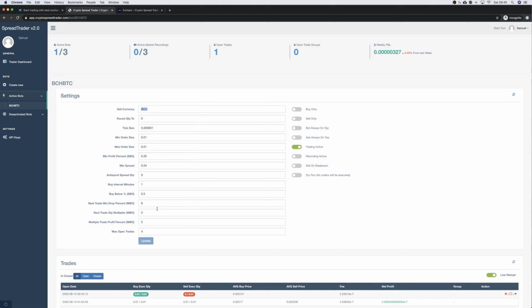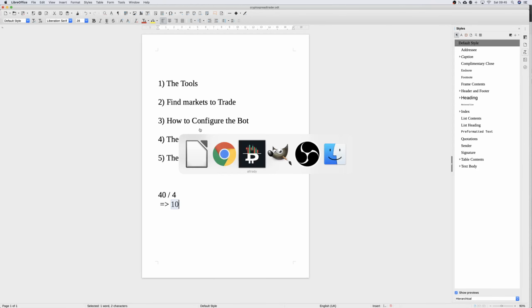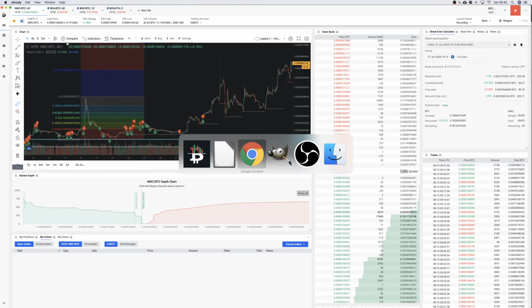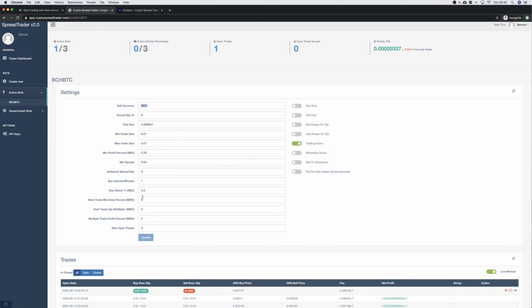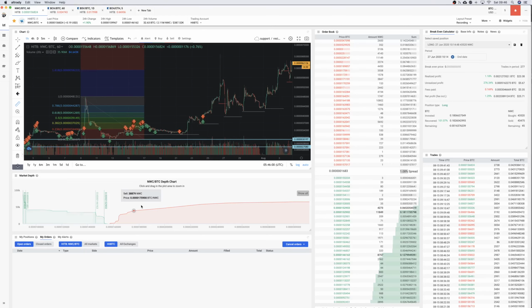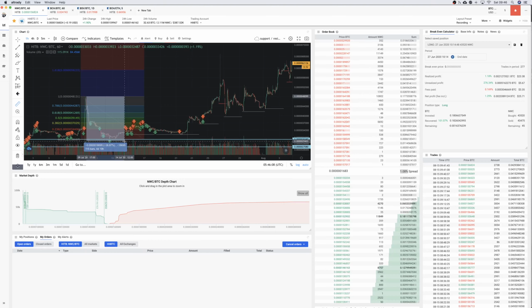It's Bitcoin Cash, but my example is on the NWC. That's why here it's 6%. But basically, you can put 10% here, meaning that with 4 open trades and a 10% minimum drop, you will be able to cover a full 40% move to the downside,